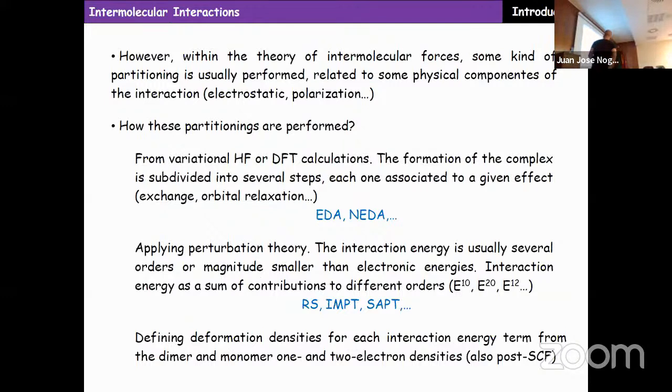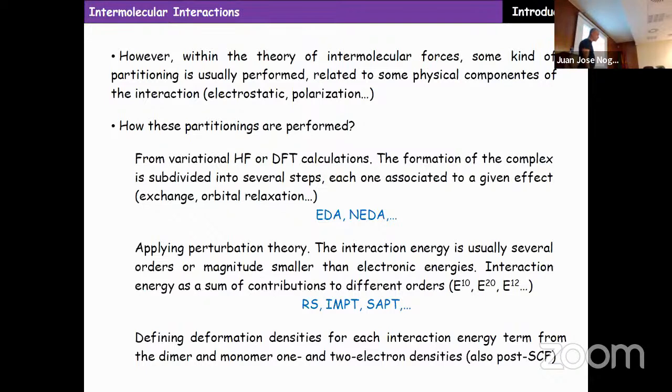Well, let's talk now about the EDA schemes, the energy decomposition analysis schemes. They are variational, perturbation theory, and the perturbational scheme I'm going to talk about at the end. So first, the variational approaches. These were the first ones. The most famous one is the Morokuma energy decomposition analysis, but Morokuma was initially